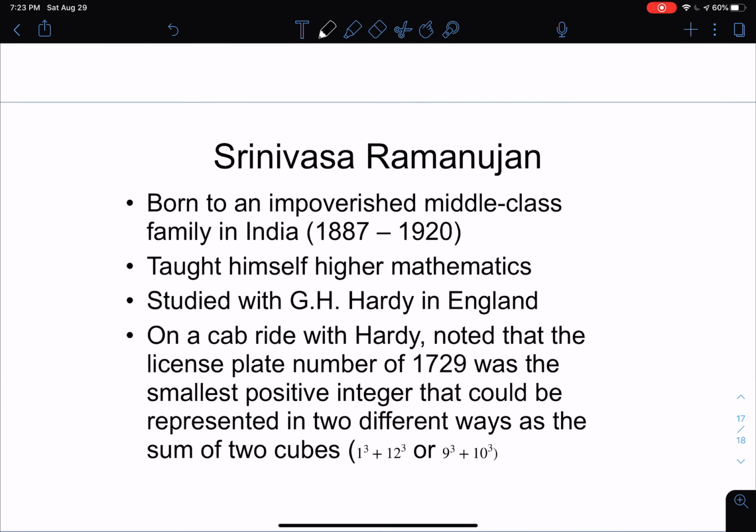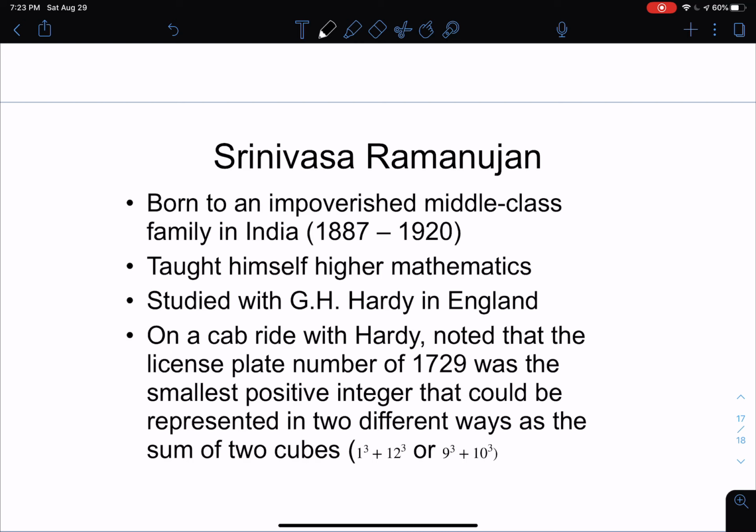Another person that I think is interesting because of the whole factorization thing is Mr. Ramanujan. He wasn't wealthy or anything when he was born. He was born in India, in an impoverished middle-class family. But he taught himself higher math, which is pretty amazing. He was a brilliant genius. He ended up studying with G.H. Hardy in England. And one of the cool stories that Hardy would tell was that he and Ramanujan